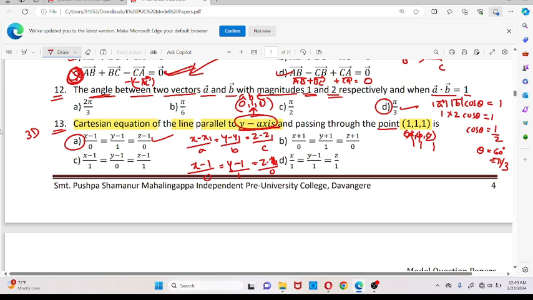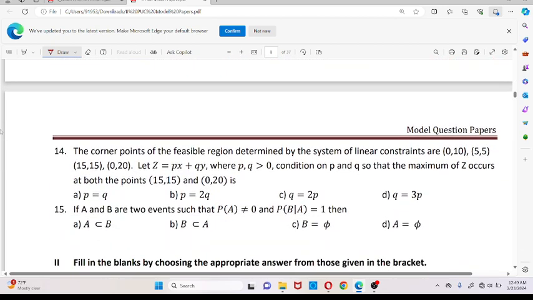Let me go for the 14th one and we'll finish it off with the 15th. So 15th question is always from linear programming irutte. See lane kottidane, clean agi observe ಮಾಡಿ. So the corner points of the feasible region determine the system of linear constraints ಅಂತ ಕೊಟ್ಟಿದ್ದಾನೆ. ಓಕೆನಾ. And linear function ಇದೆ z equal to px plus qy and where p, q are greater than 0, you need to find condition on p, q so that the maximum of Z occurs at both the points 15, 15 ಅಂತ ಇದೆ ಅಲ್ವಾ. See 15, 15 and 0, 20 ನಲ್ಲಿ ನಿಮ್ಮ maximum ಇದ್ರೆ let us take what this is Z1 maximum